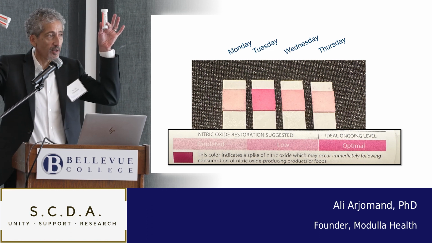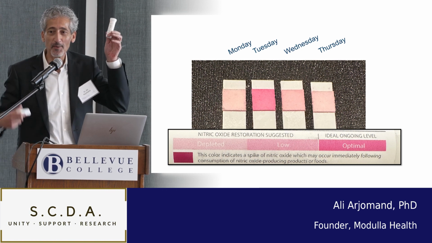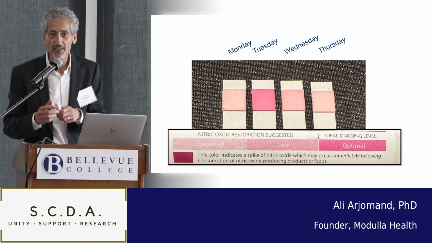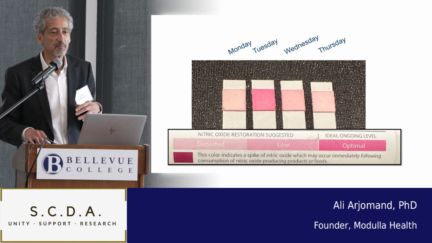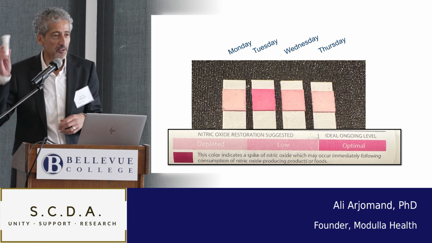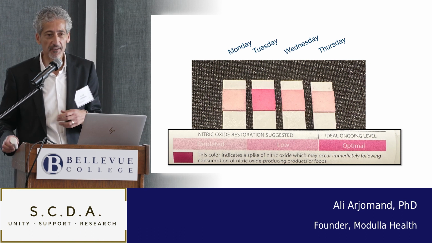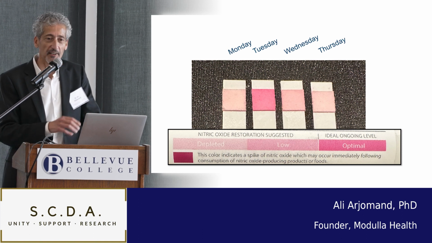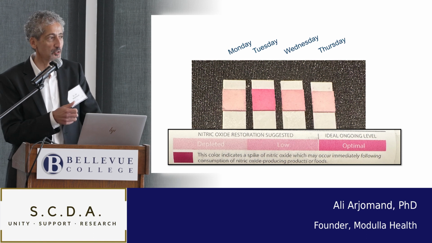I have some from everybody. So come and get your strip. You're technically supposed to do it in the morning when it's kind of all clean, but you can get these online. It's just like $15 for like 30 of them or 50 of them. It's pretty cheap. So kind of have fun. Maybe give yourself a little indication of, hey, am I getting enough nitrate?